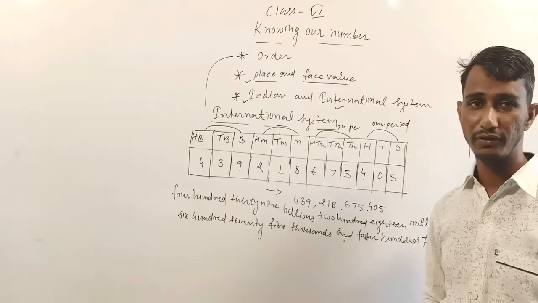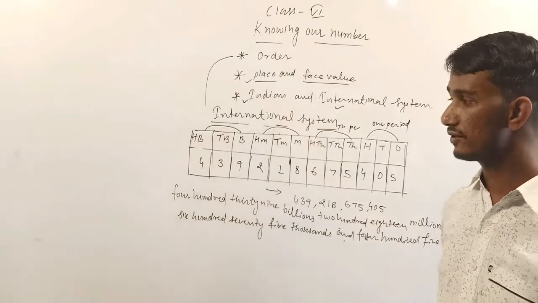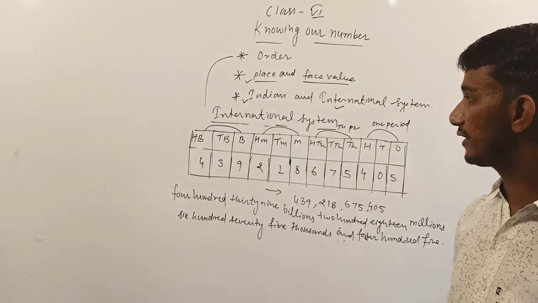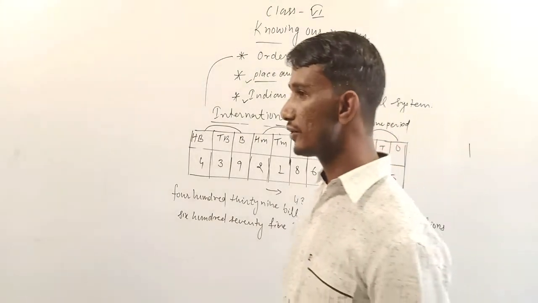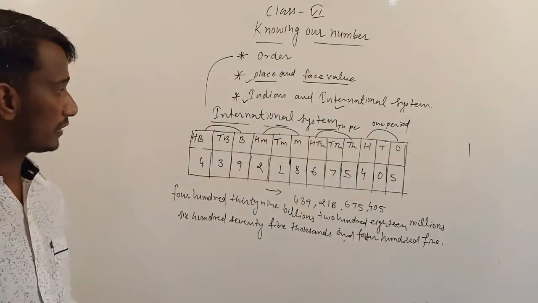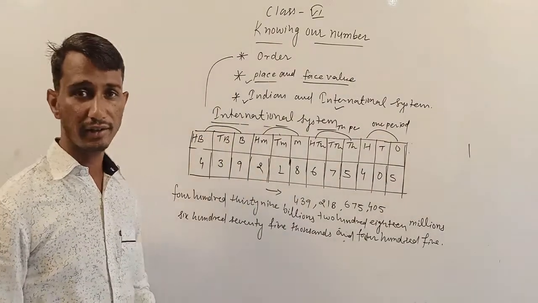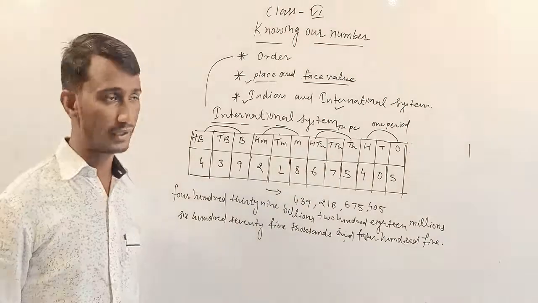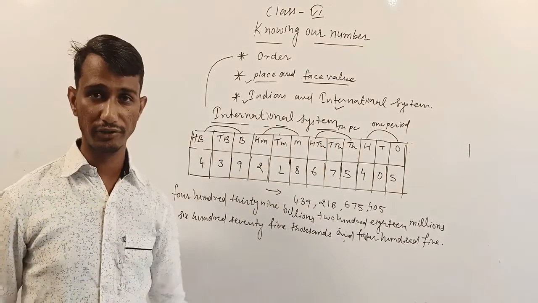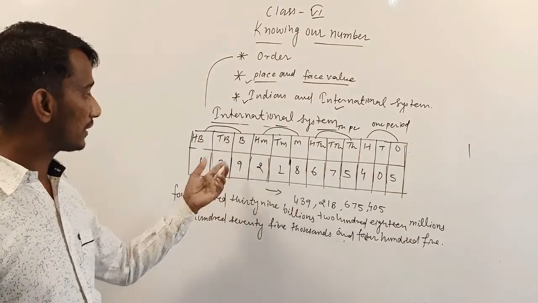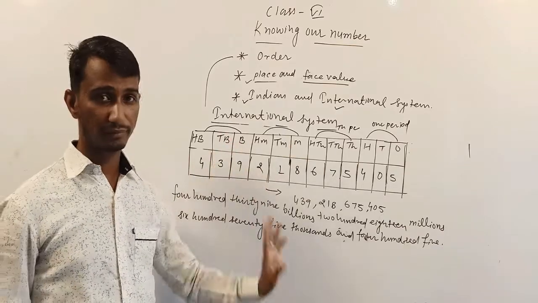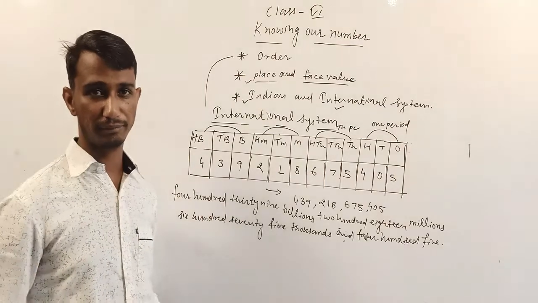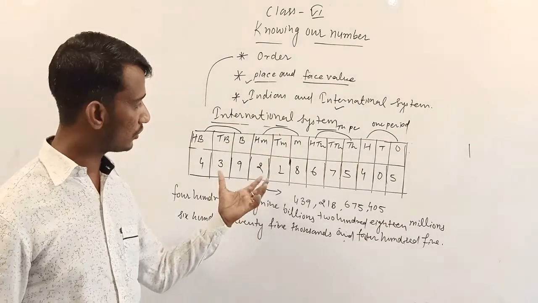You can use both the Indian and international systems, and try to solve the exercise. One more important thing: you can compare both place value charts and frame some questions. How many millions are equal to 1000? How many ten millions are equal to 1000? How many millions make a billion? In this way, you can frame questions and solve them.